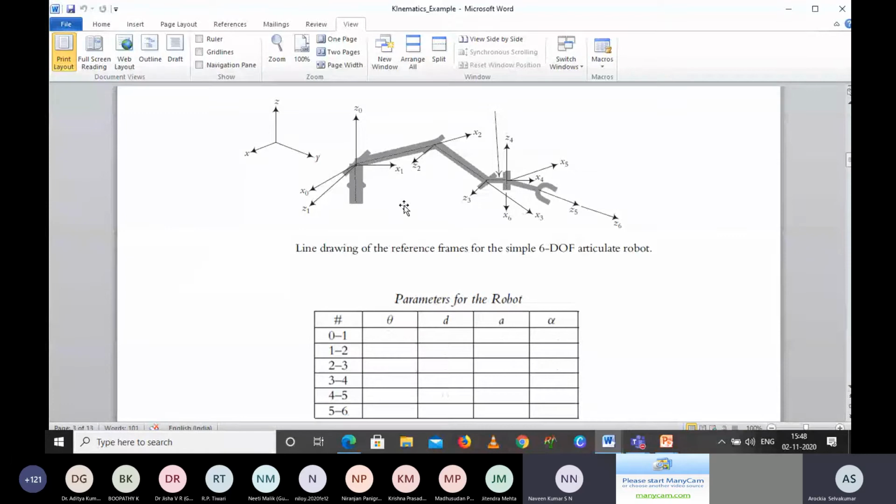So I have to align now X0 to X1 or X1 to X0, sir? Which one is correct? So 90 degree. But which one I have to align? Whether I have to align Z0 to Z1 or Z1 to Z0? Just think, sir, last thing what we did. Whether we aligned Zn with Zn plus 1 or we aligned Zn plus 1 to Zn?